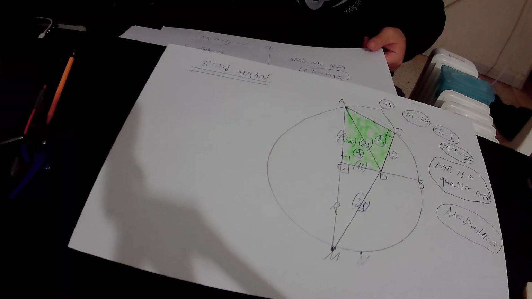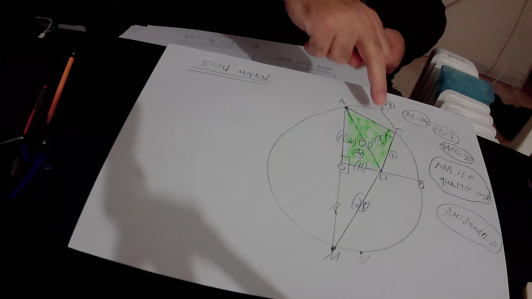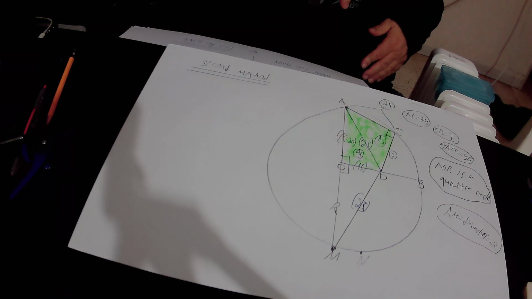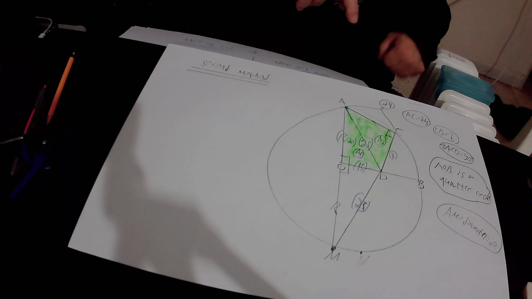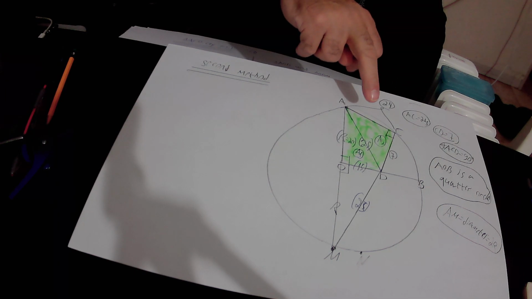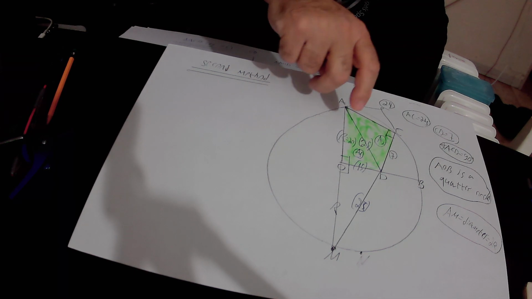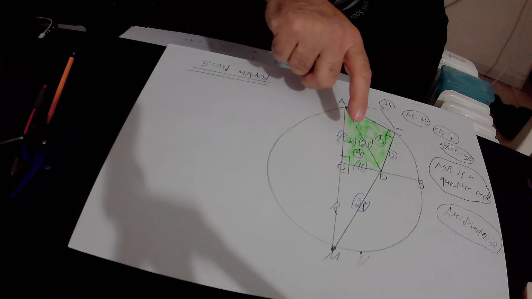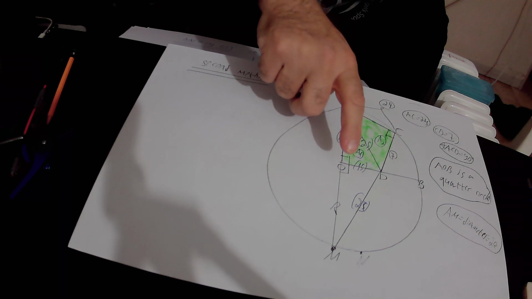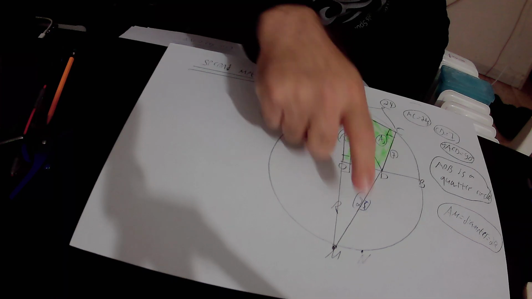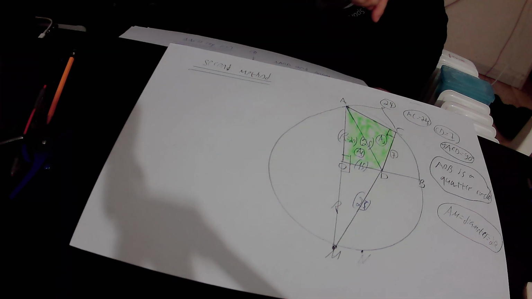Then we extended side CD. The question is where the extended side CD will touch the circle. We assumed that the extended side CD will not touch the circle at point M, but at any other point, that is to say point N. And then we found out that it is impossible. Why? Because